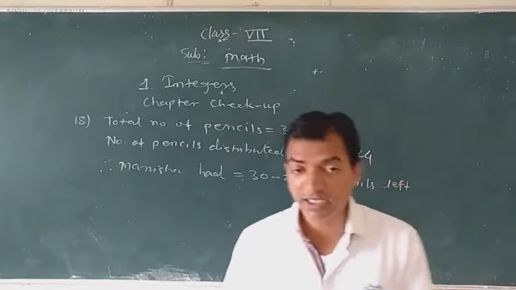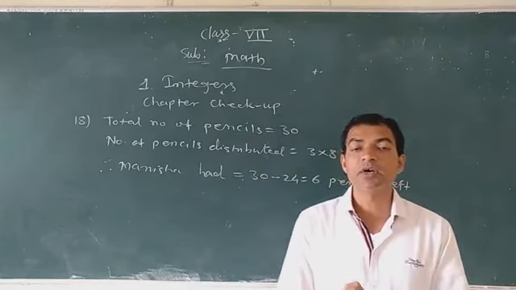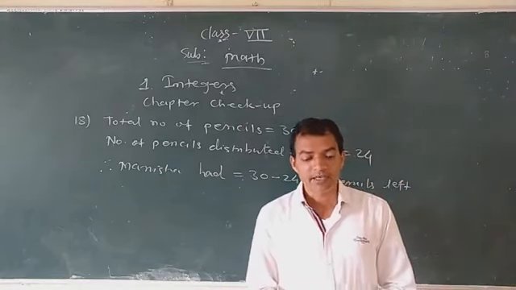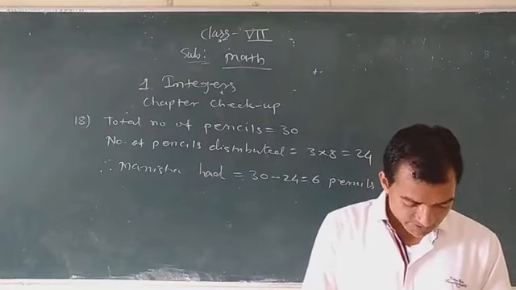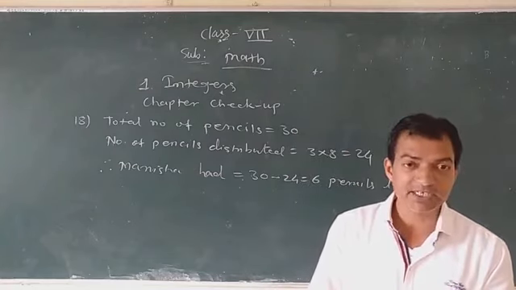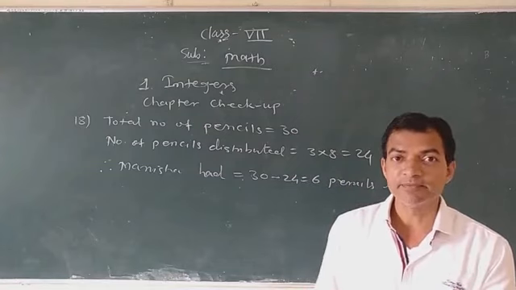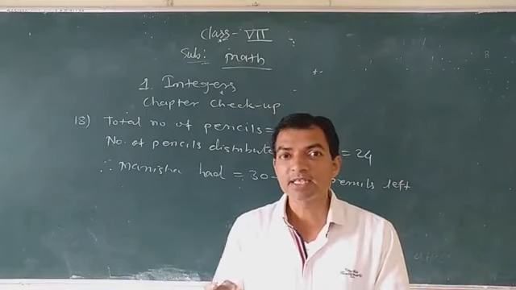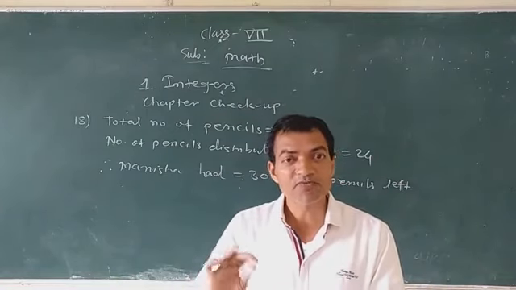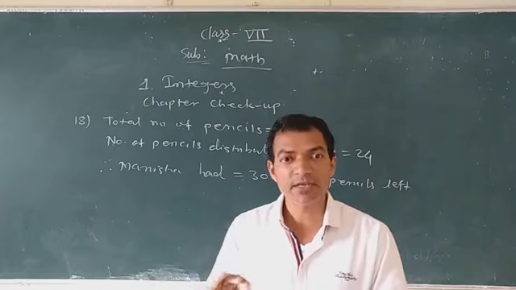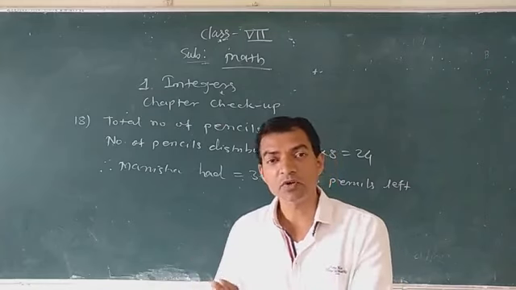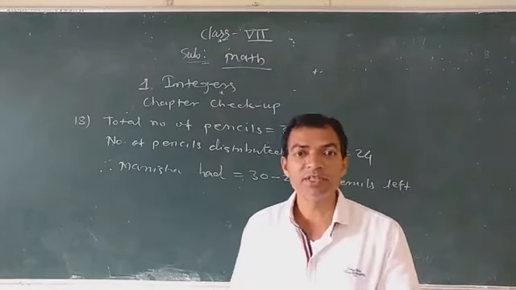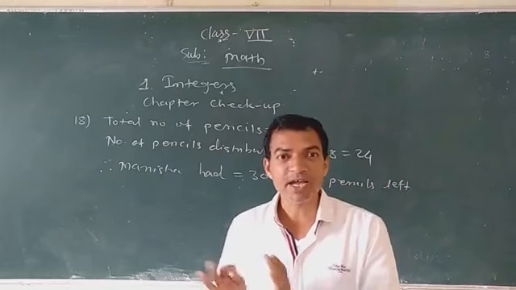Okay. Gangadip wants to give a treat to his friends on his birthday, and some friends are there. So total 5 friends want ice cream, having cost rupees 30 each. Okay, each ice cream has a cost of rupees 30. So total 5 friends want that ice cream. Means what is the cost of ice cream for 5 friends? 5 into 30. This will be equal to rupees 150. 150 rupees for ice cream.